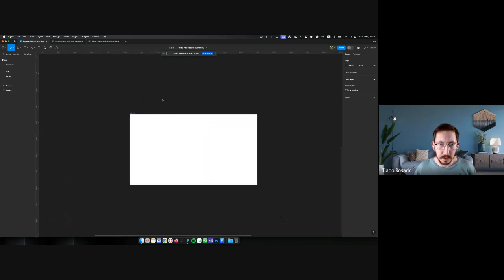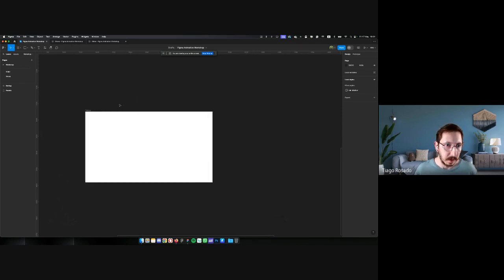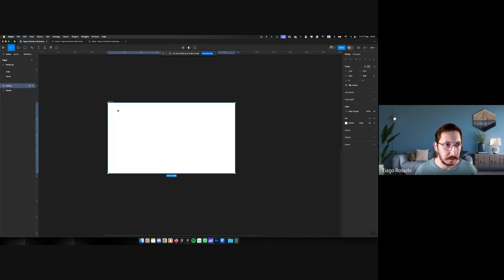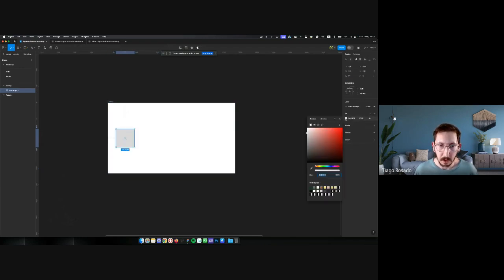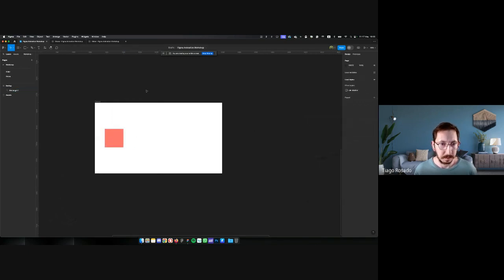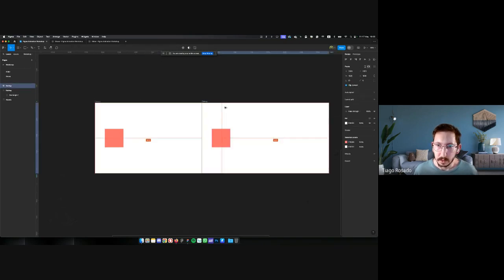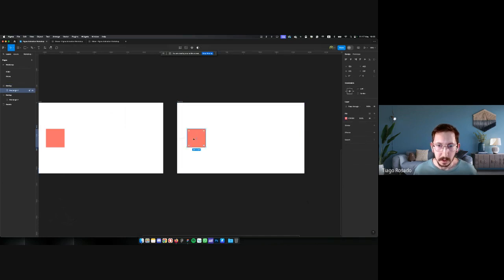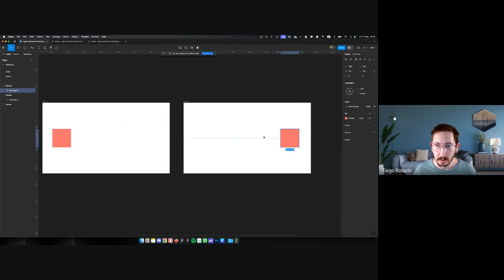Okay, starting from the beginning. How do these animations happen? Basically, when we have one component, let's say a square inside this screen, let's give it some color, a red square. If we duplicate the same screen, and on the next screen we move the position of this element,